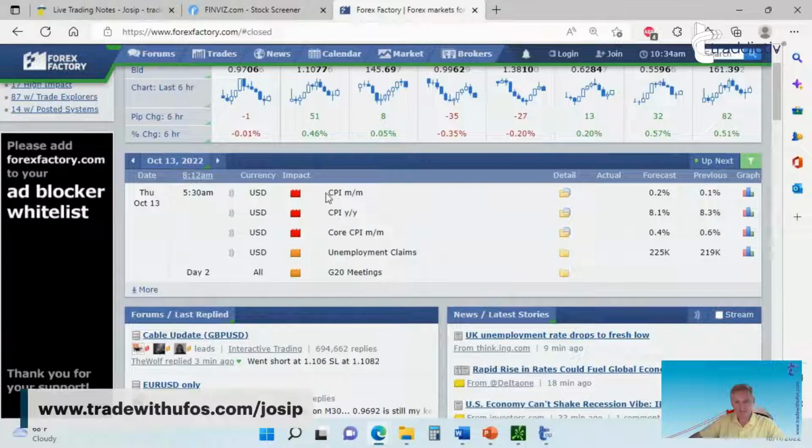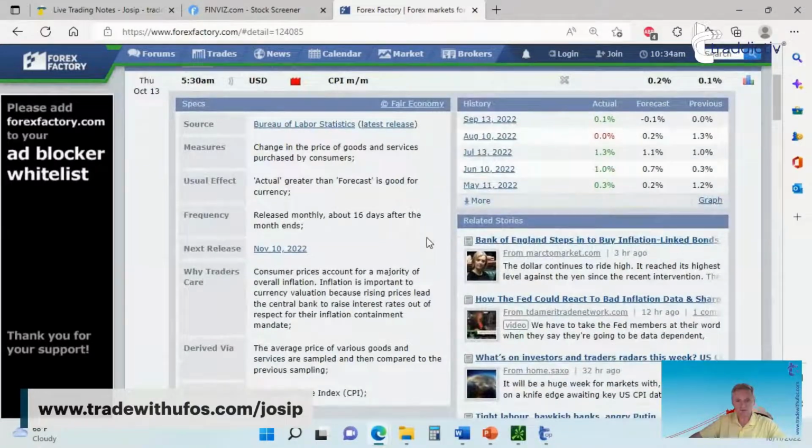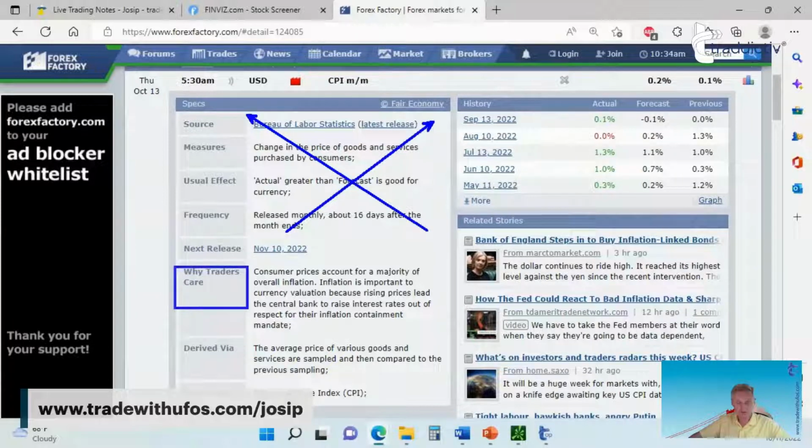And that is the flip side of the PPI, the consumer index. When you open that up, please do the same thing. Do not bother reading all this information. It's irrelevant to you, and it's not something you should be wasting your time on. But look here. Why would anybody care about the CPI? Because it's the consumer price index, and it is a major overall indication of inflation. So be aware of it.